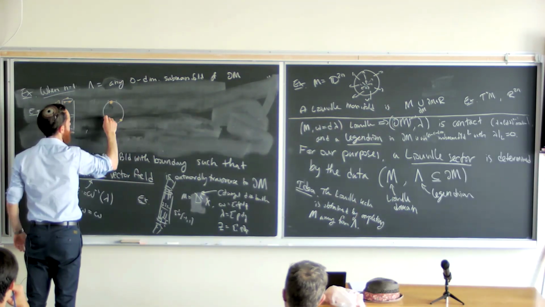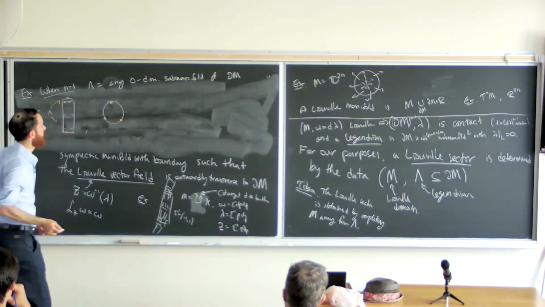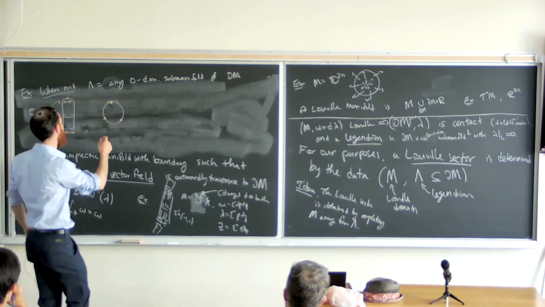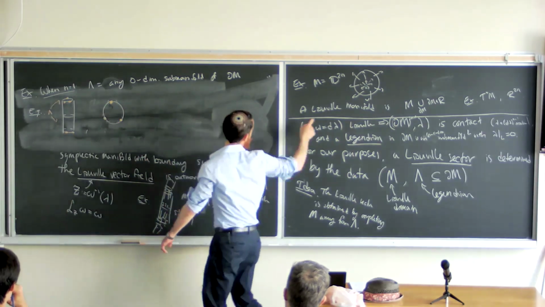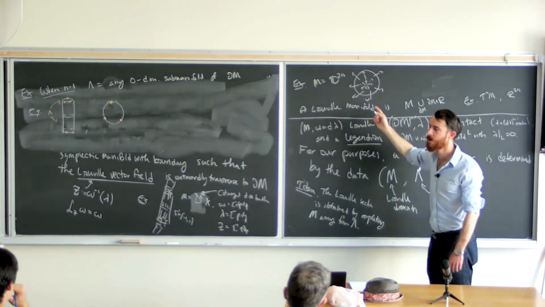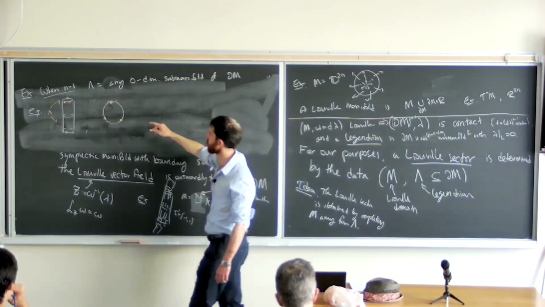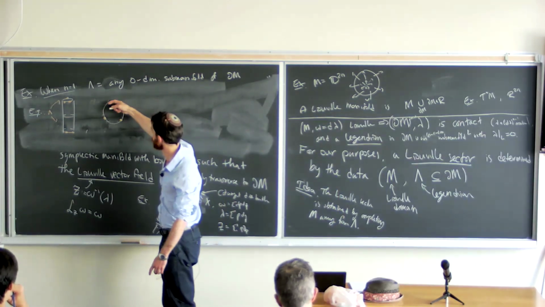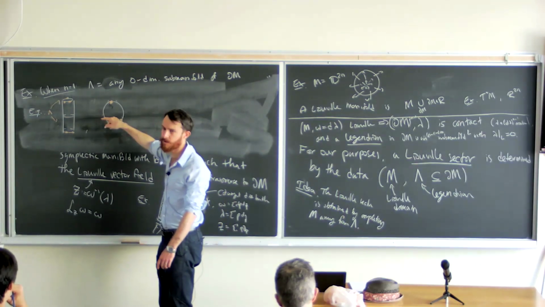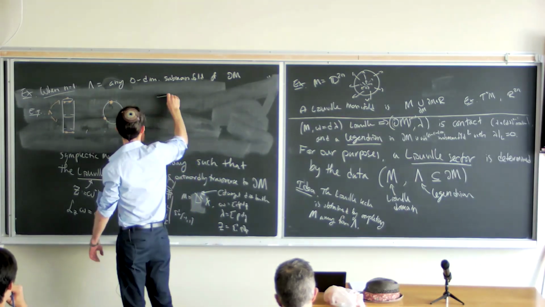And so in this case, I have these little neighborhoods here. And the idea is that away from those neighborhoods, I'm going to do this completion that I said before. And over here, I'm just not going to complete. So I'm going to still keep this boundary part of this disk here. So what I'm going to get is